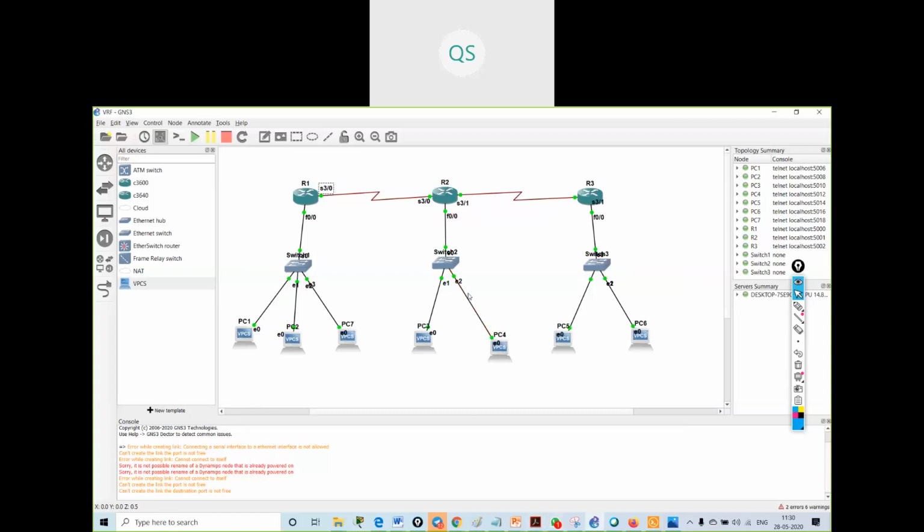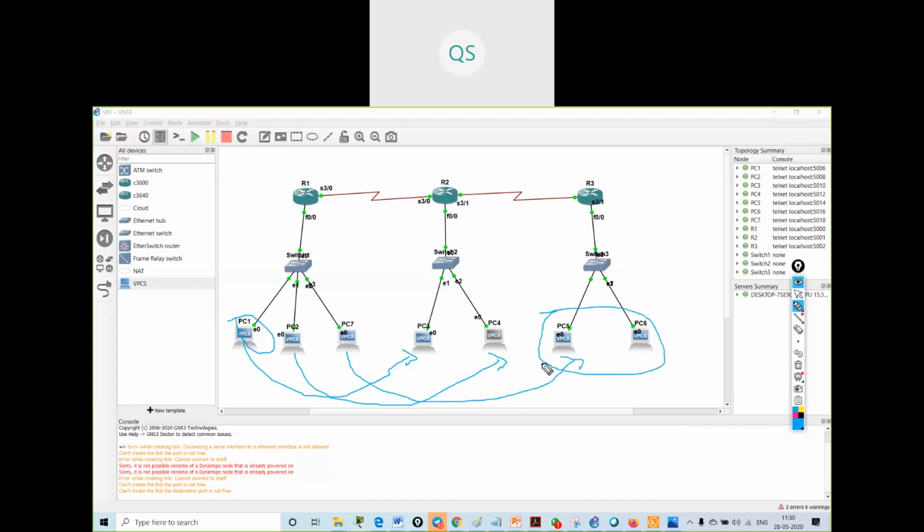Okay. Now what I will configure is in such a way that 1.1 should not ping this 2.1, and 1.2 should not ping 2.2. Okay, and 1.3 should not ping this whole network. The rest of the traffic should be allowed. Because in GNS3 we can only check these things, the ping command and the trace commands, I cannot show you all the things.